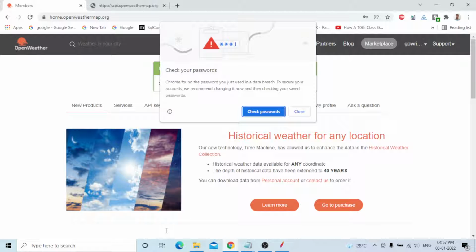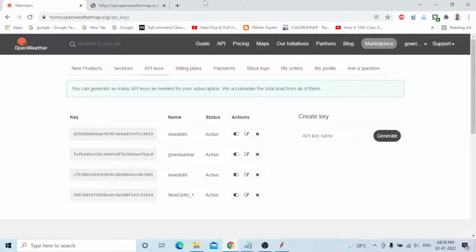Most people generate it and use it immediately, and it shows an invalid API key error. So once you generate this API key, you need to wait some time, based on your internet speed, for the key to be activated on the OpenWeatherMap site. It takes around 30 minutes to 1 hour, based on my internet, which is very slow.